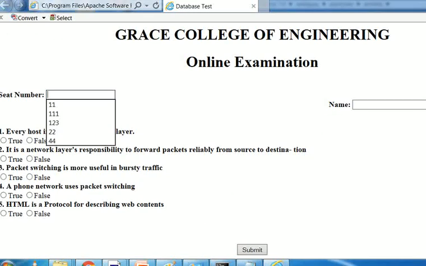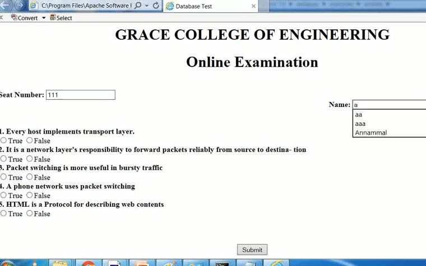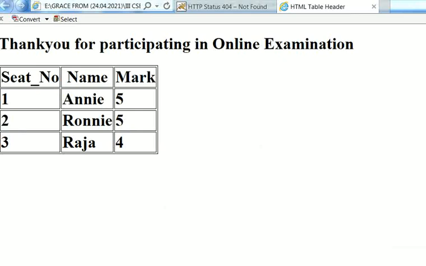So seat number, name, you want to click this is the online exam, then click submit. So after clicking the submit, you will get this result. Thank you for participating. This is the output. So we have successfully executed the program.